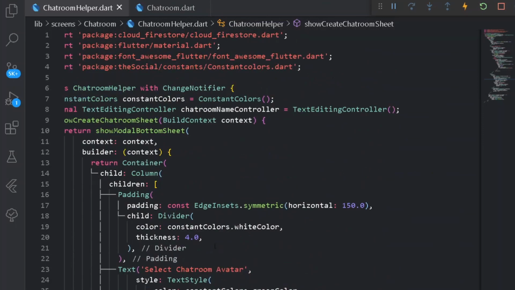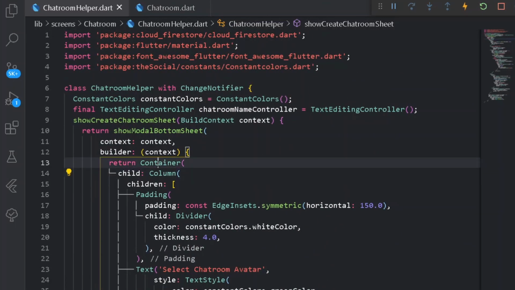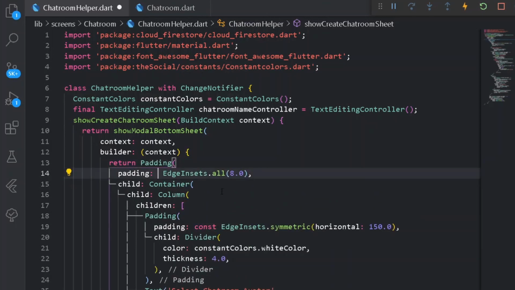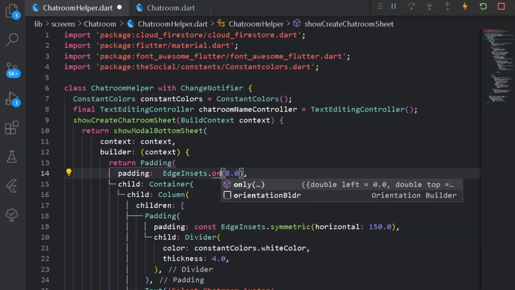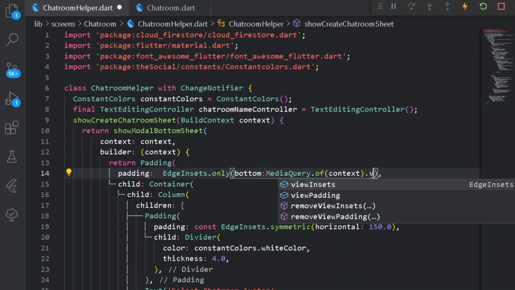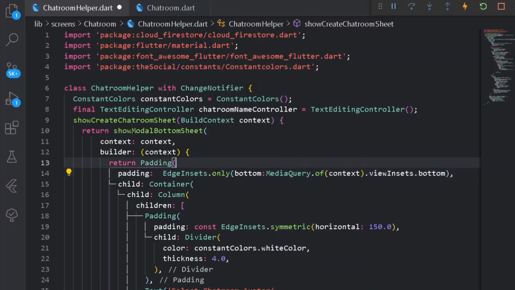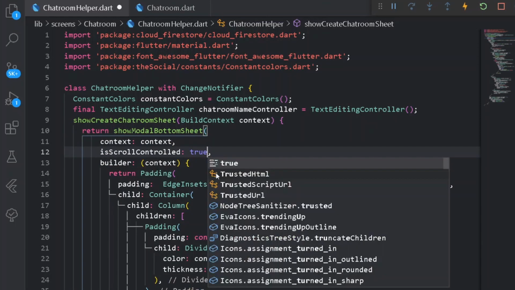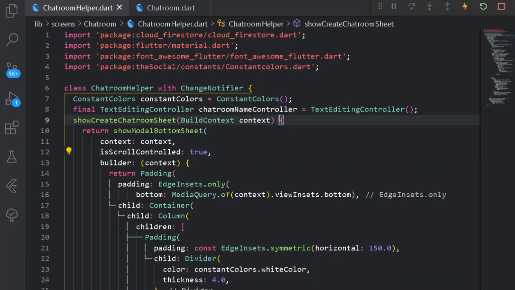But before trying it out, we can convert the following container under a padding. So here I can simply refactor it under a Padding, remove the following constant, and I have padding from only, from bottom, alright, a bottom, and from bottom, alright, remove the 8. So here under the bottom I can have MediaQuery.of for a particular viewInsets.bottom, and after that we can convert this property of isScrollControlled to true. Easy thing. So now let's test it out.